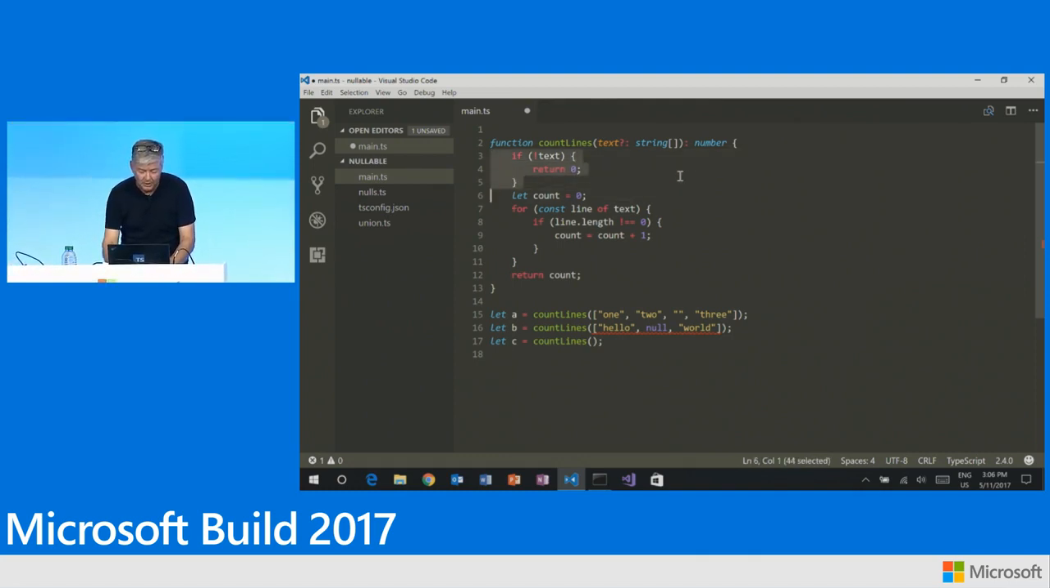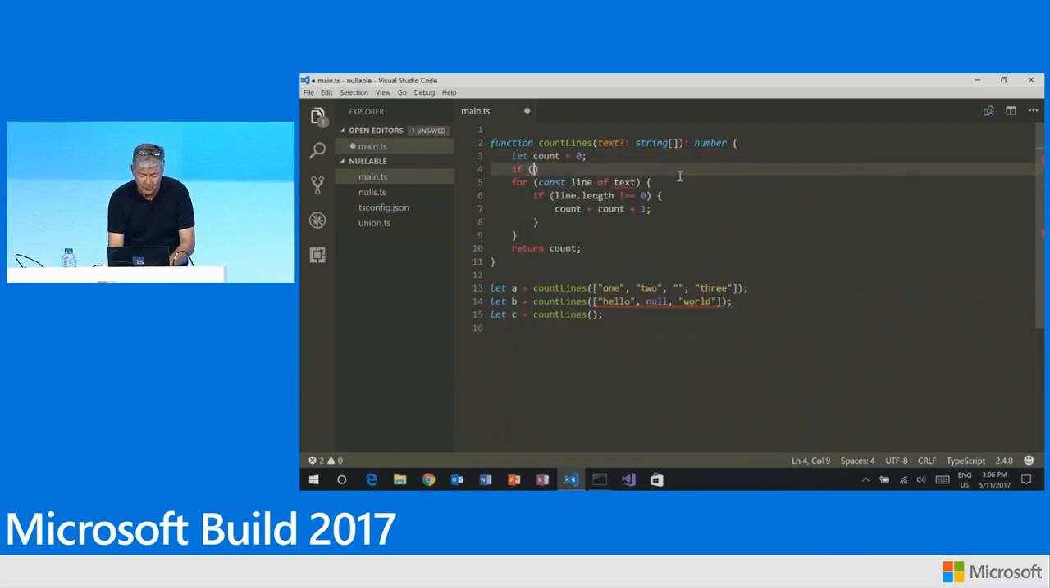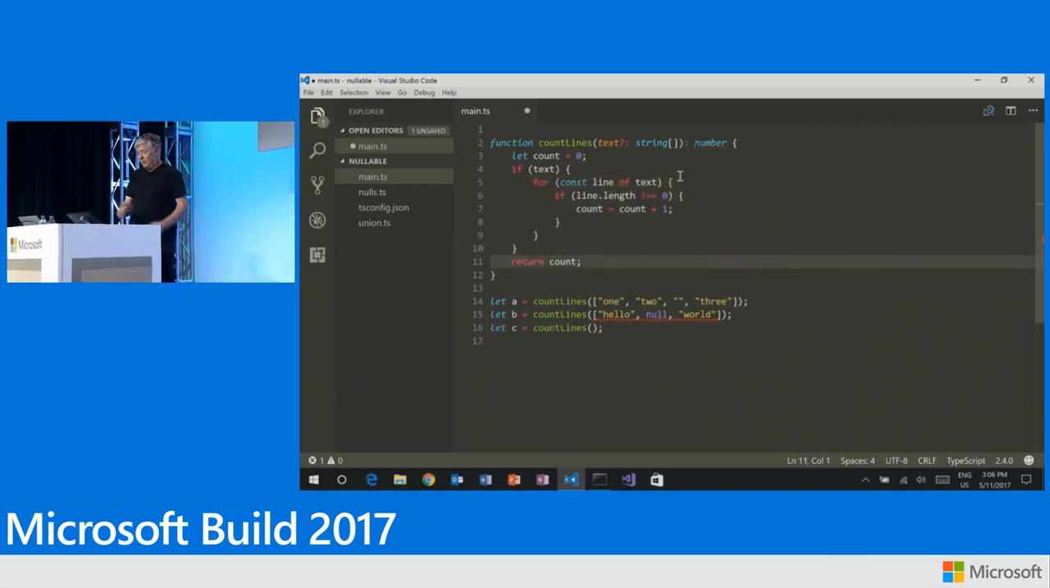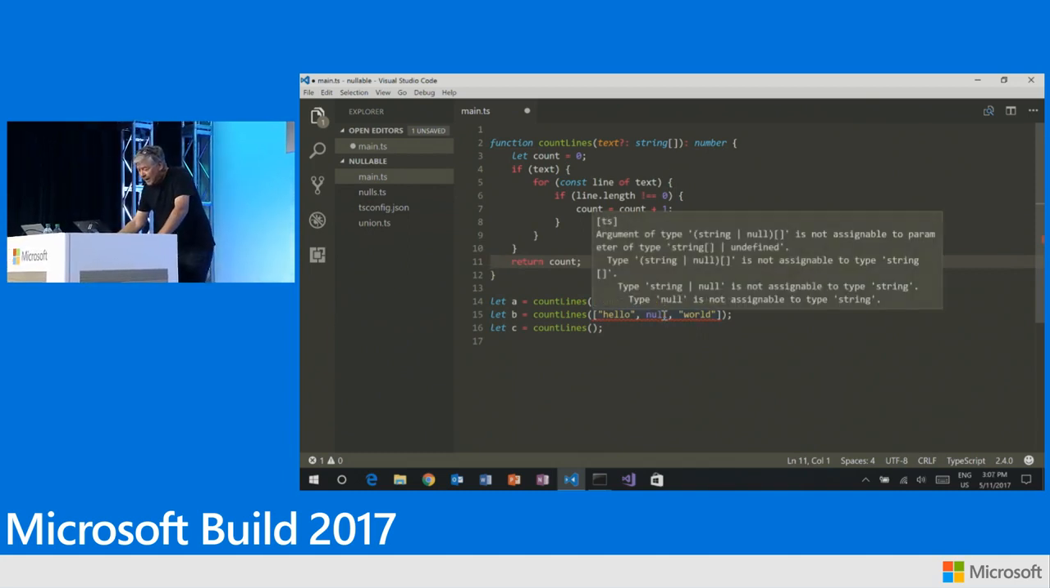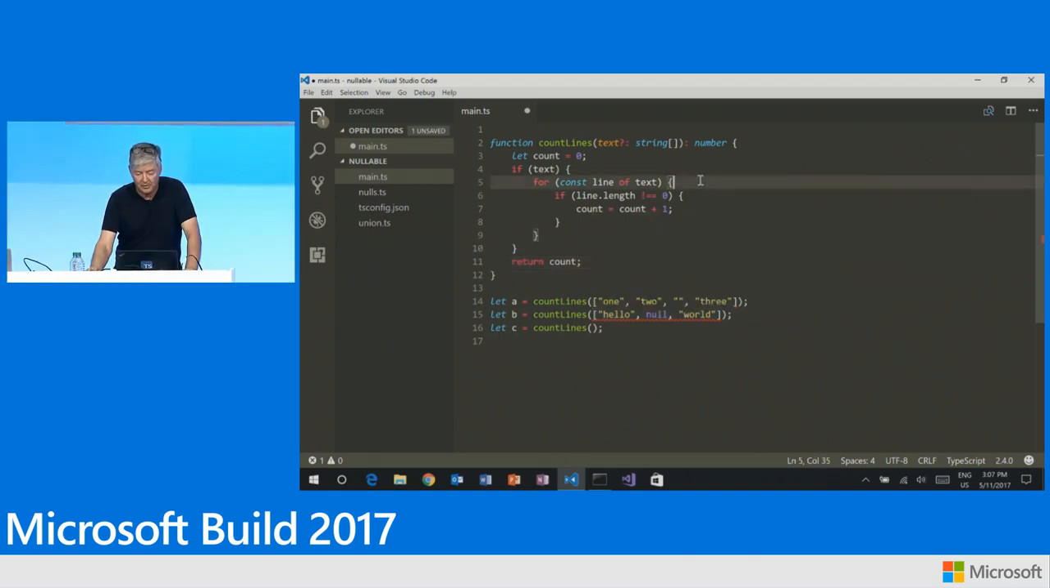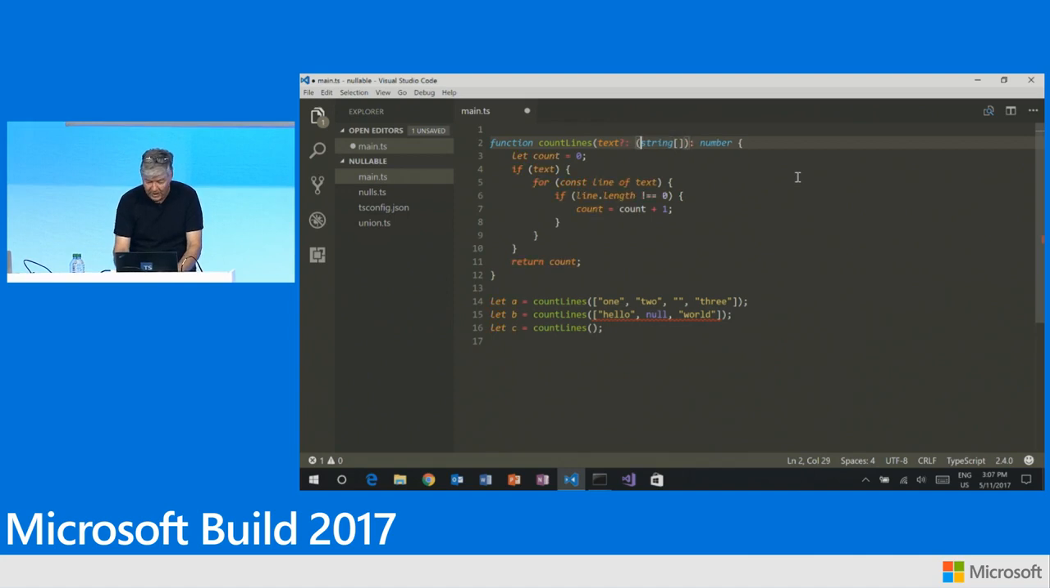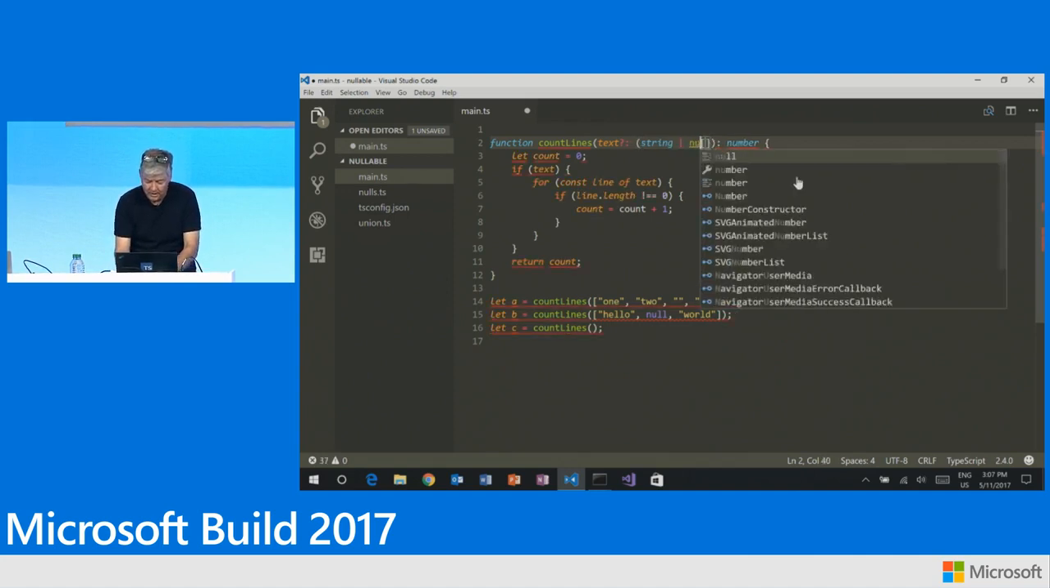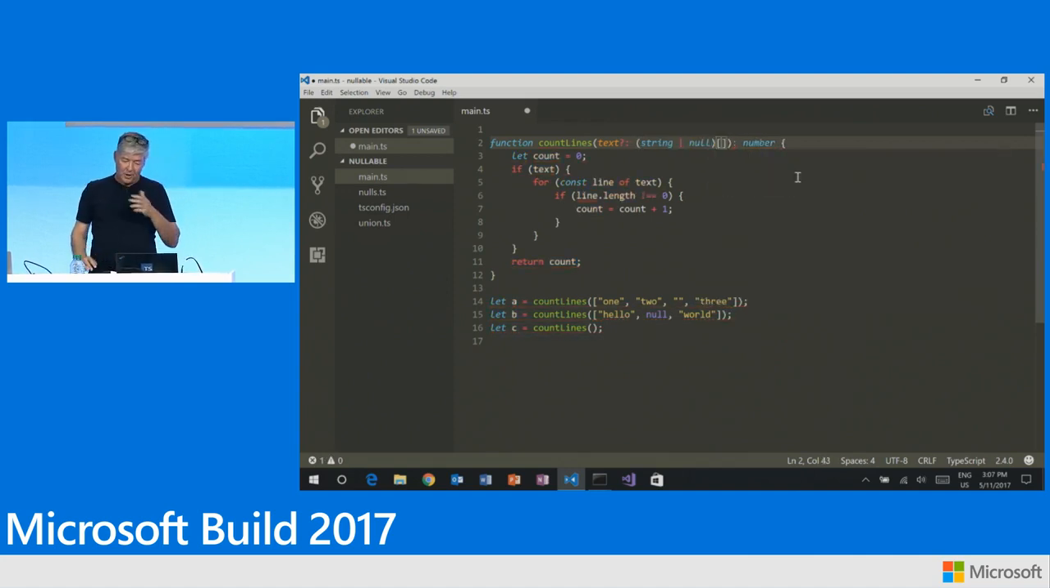Now, of course, probably the real way we want to fix this is to surround it here to say if text, do the for loop, right? Okay, there we go. So that leaves one bug in my code. It says here that argument of type string or null array is not assignable to a string array. Well, so we're trying to pass a null, but we said that it was going to be an array of strings. So I guess we either have to get rid of the null or we have to include it in the type up here, which we could do. And once we do that, then